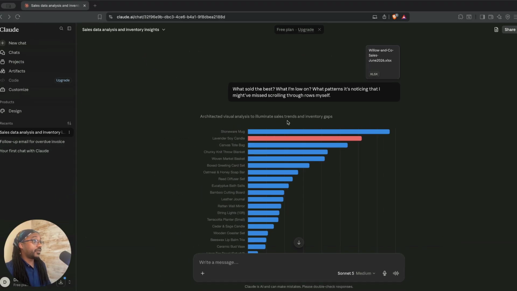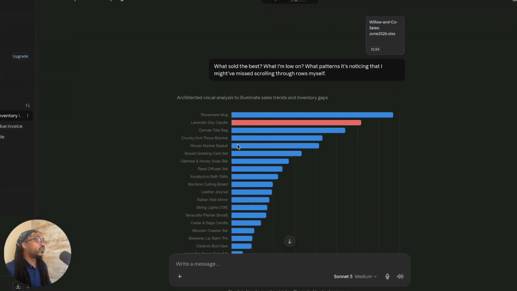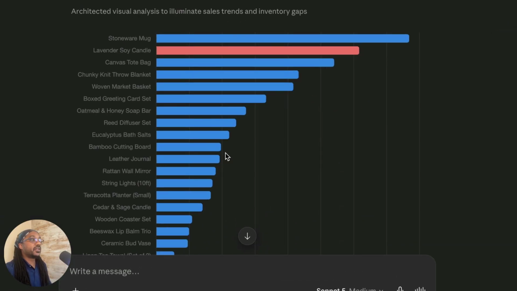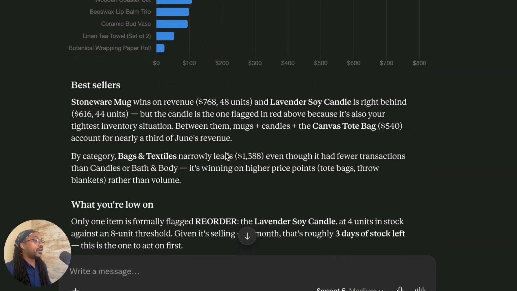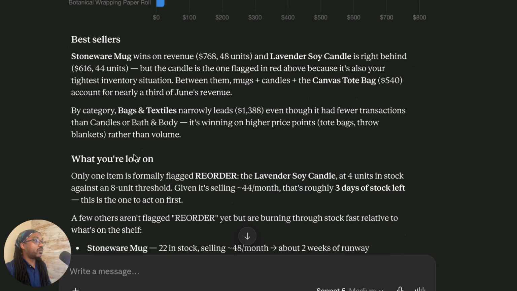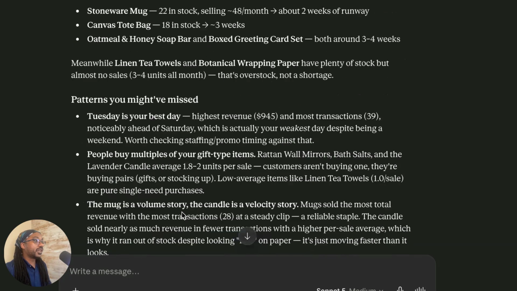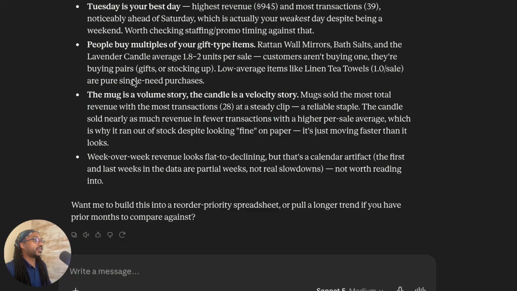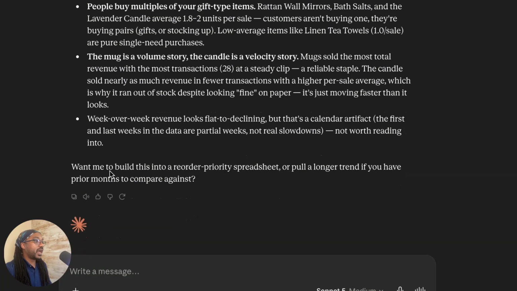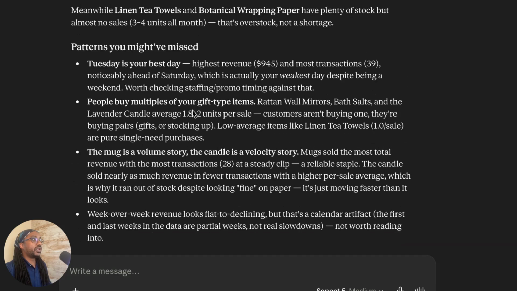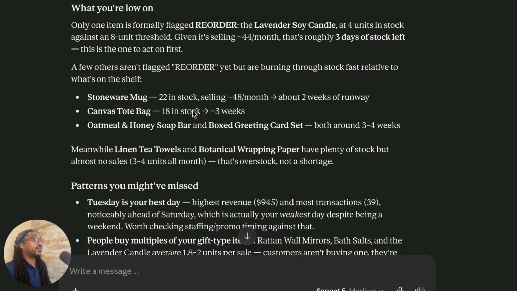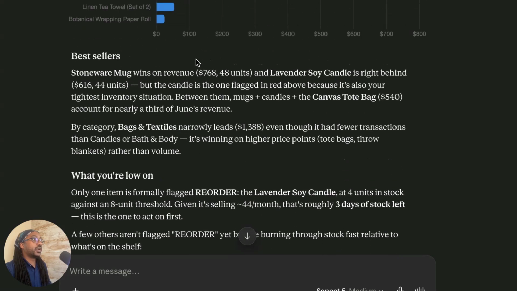And here's what it returned. This is interesting. I like this really nice visual analysis illustration it has here. And then down here we have best sellers, we have what we're low on, and we have patterns I might have missed. So all of the things that we asked for in great detail here. And then we have a follow-up prompt asking, want me to build this into a reorder priority spreadsheet or pull a longer trend if you have prior months to compare against. This is really, really nice, and I can see how this can benefit a small business who wants to understand